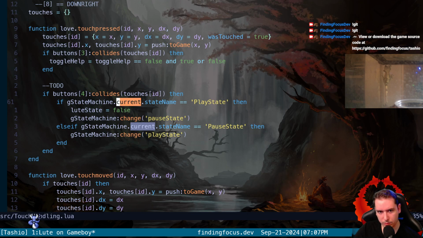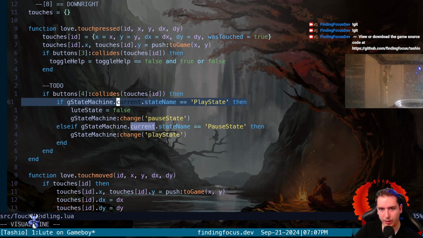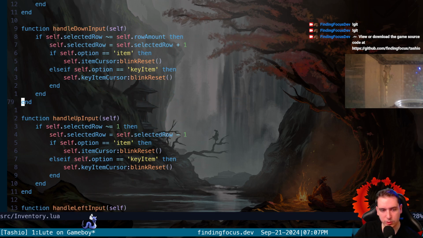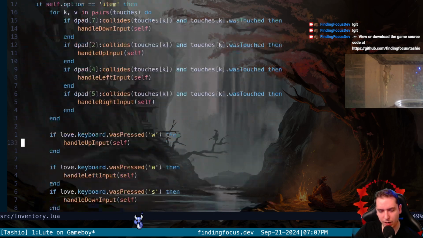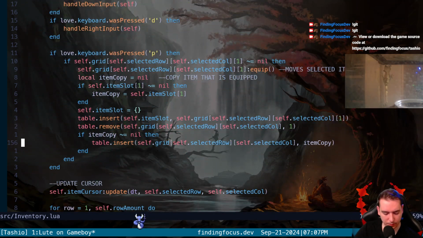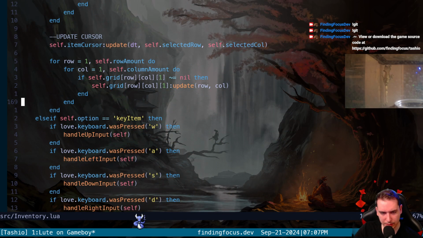Yeah. So look, we go into our global state machine, we go into our current state, and we ask whether or not the field is equal to something. So we should be able to add it to our inventory class. Now, our inventory class, there's two instantiations, one for our items and one for our key items. So the idea is,